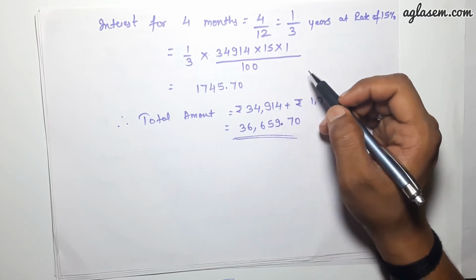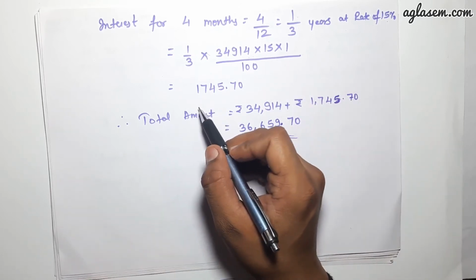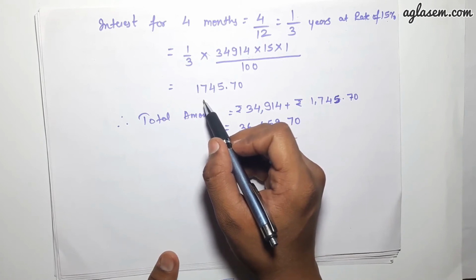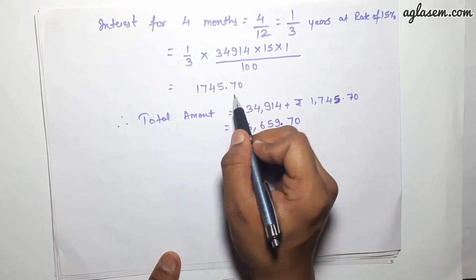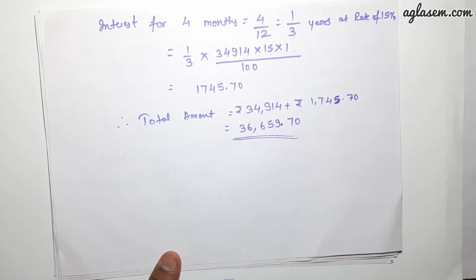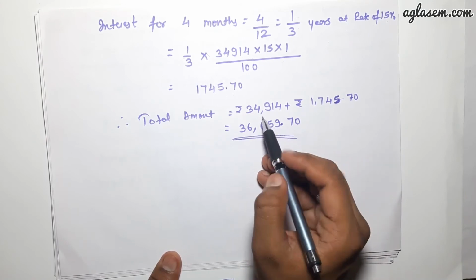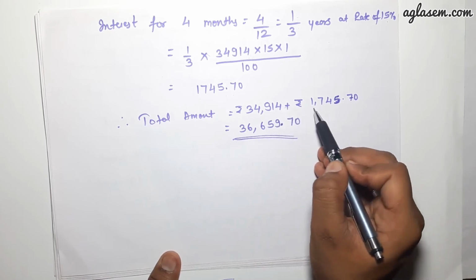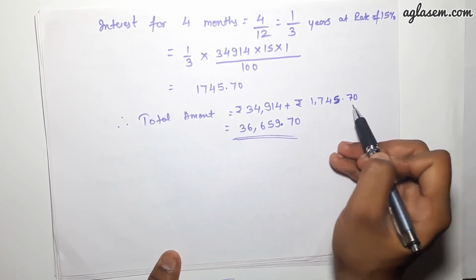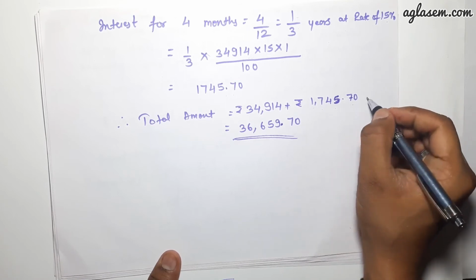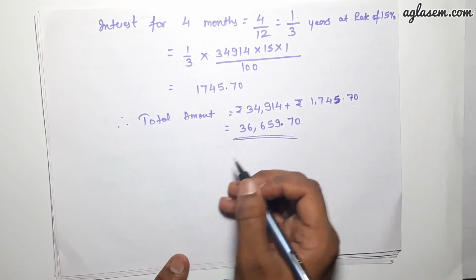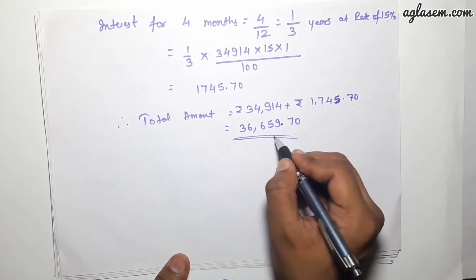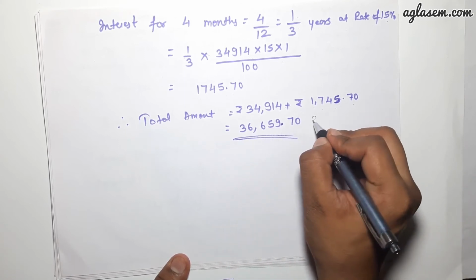So we get the amount that is 1,745.70 paisa. So the total amount is rupees 34,914 plus 1,745.70 paisa. So we get the total answer, that is 36,659.70